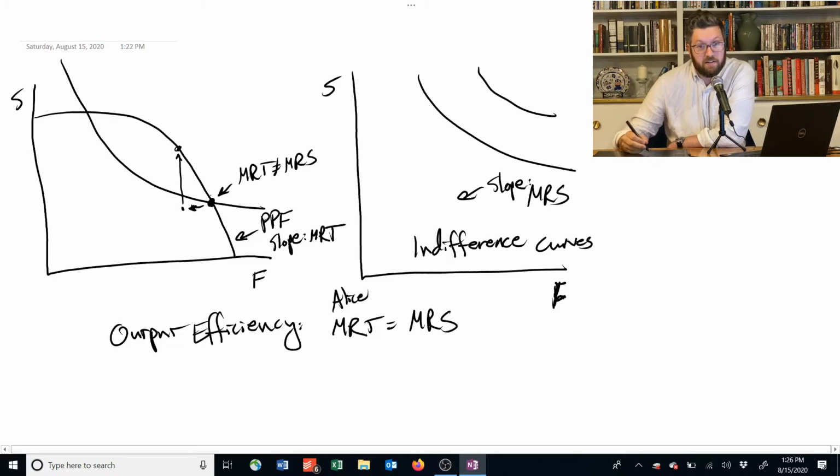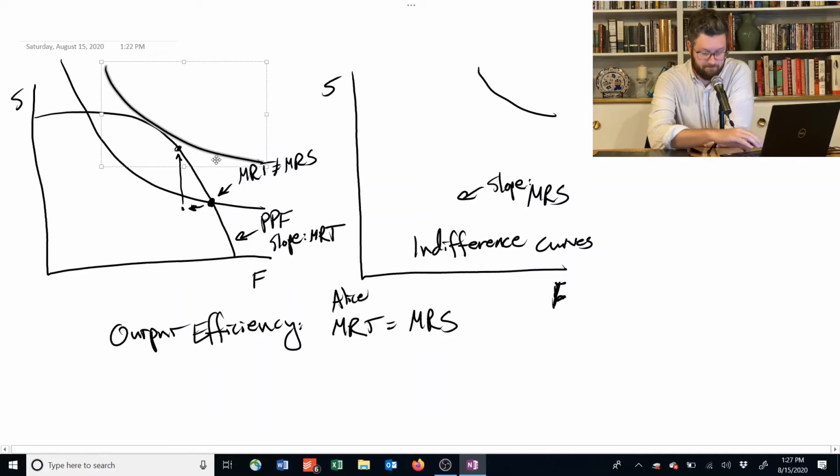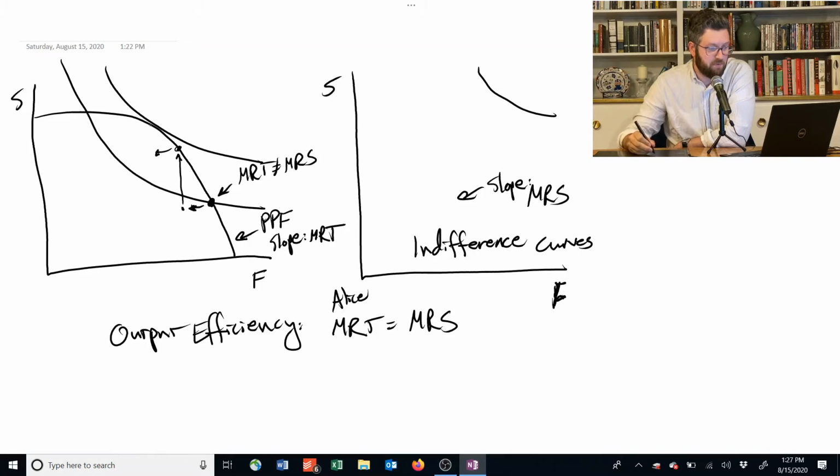And you can see that basically this is way more shelter than we're able to produce than would be necessary to make Alice indifferent. Okay, so she's going to be able to attain a higher indifference curve that goes through this point by giving up a bit of food and getting the extra shelter that the economy can make. All right. Conversely, let's suppose that the economy has moved to this point here. It wouldn't actually move there. She would want to go again. If the economy eventually, at this point, maybe Alice does the same thing and she gives it up and we end up here,